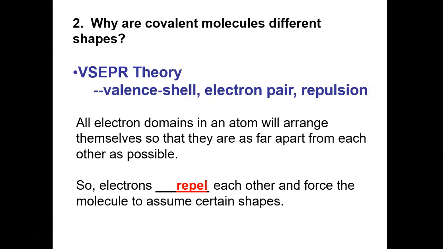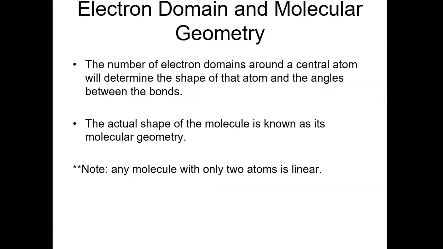So these electrons are repelling each other and forcing the molecule to assume certain shapes. So the number of electron domains is going to determine the shape and the bond angles. And when we talk about the actual shape of the molecule, that's known as its molecular geometry. Now,